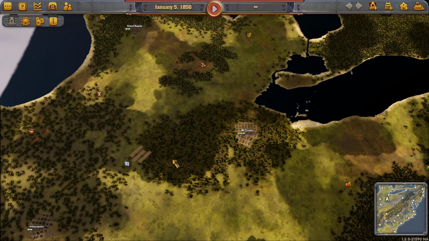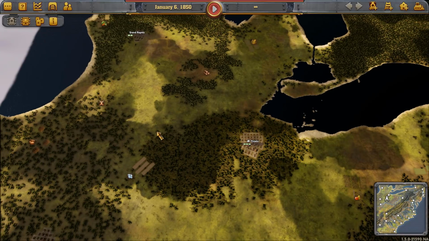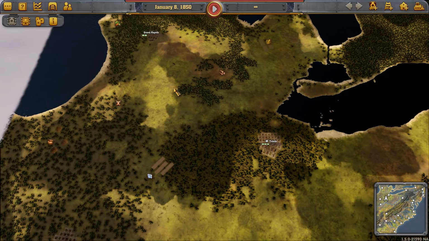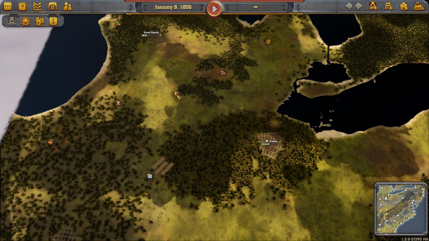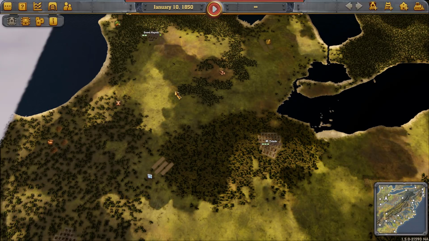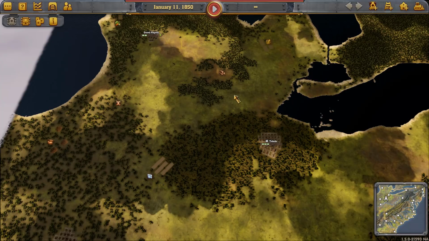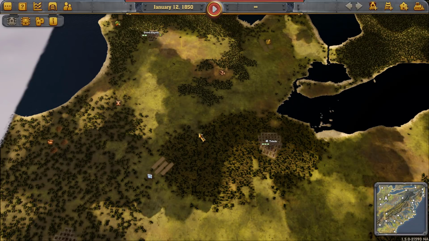Alright, hi, this is Attican and welcome to another Railway Empire Fundamentals video. This is an addendum to the Track Layout 101 video. And I'm going to stop right there and say, if you are new to the game, or struggling with the game, or new and struggling, you need to go watch Track Layout 101. I had actually contemplated completely redoing it to catch it up with all the version updates